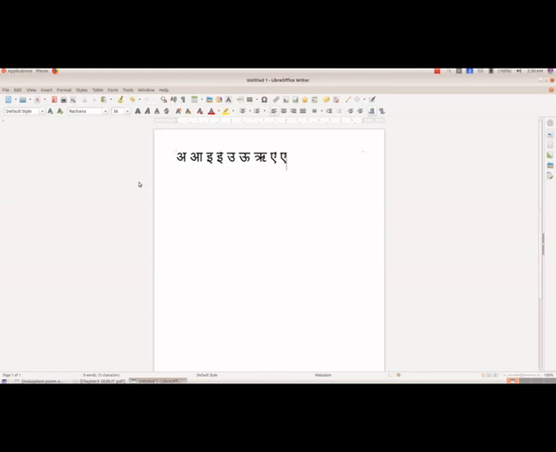Then Shift and Z is A. So like this you can